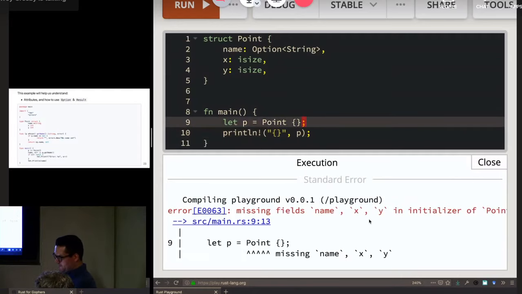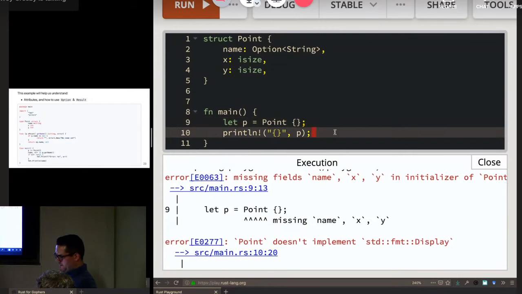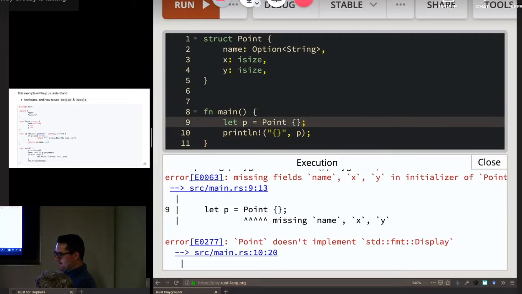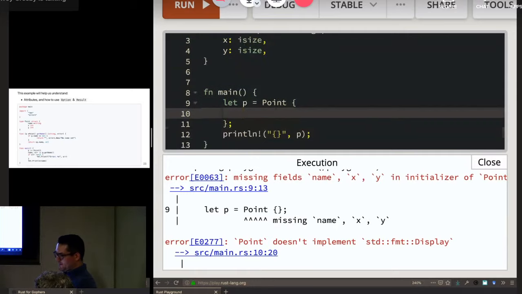Okay, so this is different than Go. We tried to just create a new point, but Rust explicitly disallows naked data structure creation like this. You have to initialize the values. And this, again, has to do with the mutability guarantee. And we can see how we can instruct the compiler to automatically do this for us. But for now,